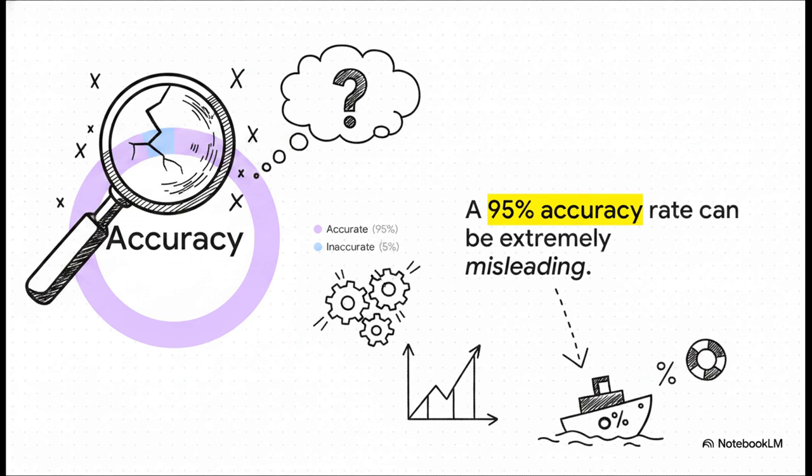Take a highly impressive metric like 95% accuracy. It looks fantastic on a slide deck, doesn't it? But naked metrics like 95% accuracy, or a $120 average, or a 2% conversion rate, are completely misleading when used without context. For example, if you're building a predictive model to detect a rare manufacturing defect that only happens,